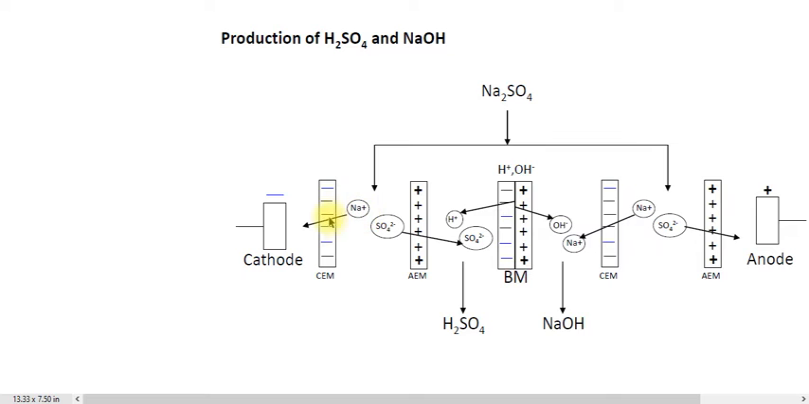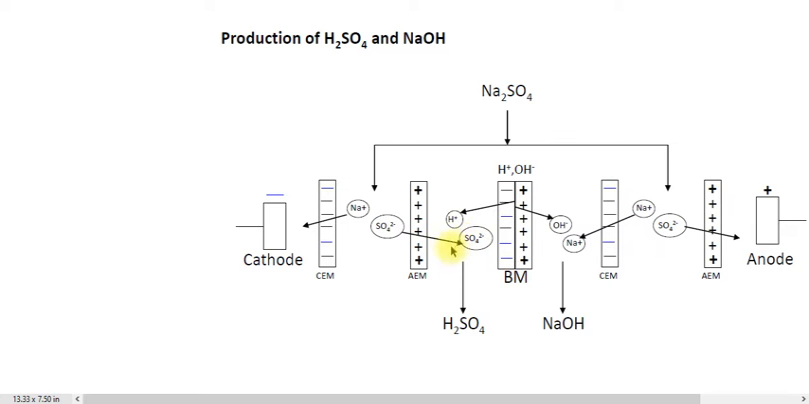When the Na positive ion moves in this direction, here you have the cation exchange membrane. So it will allow the Na positive ion to pass through it, and the Na positive ion will collect here. Similarly, the SO4 negative ion will move in this direction. Here you have the anion exchange membrane, so it will allow the SO4 ion to